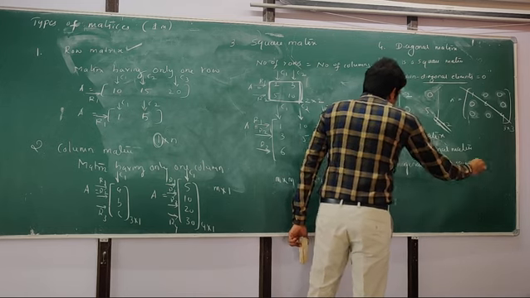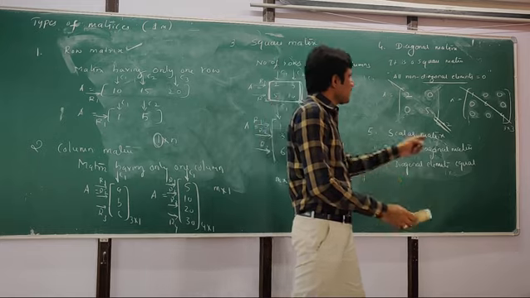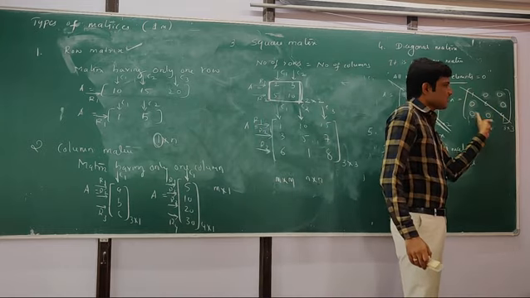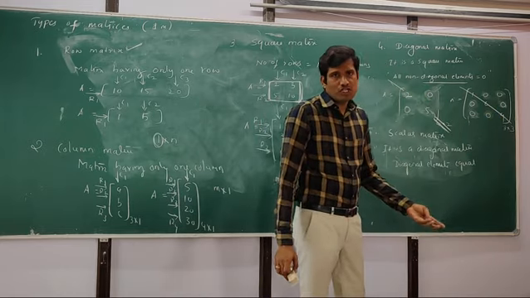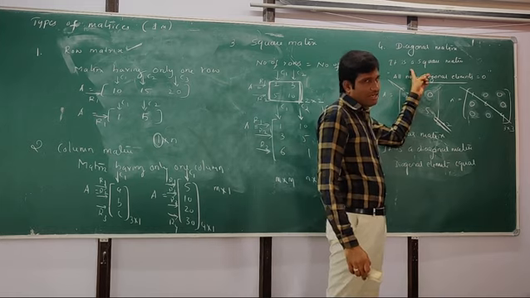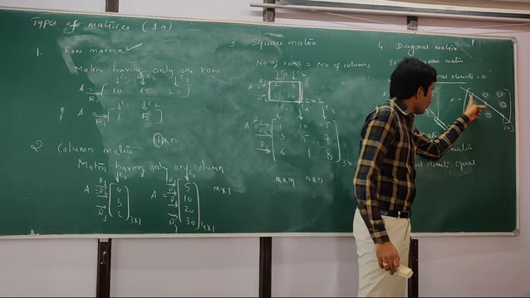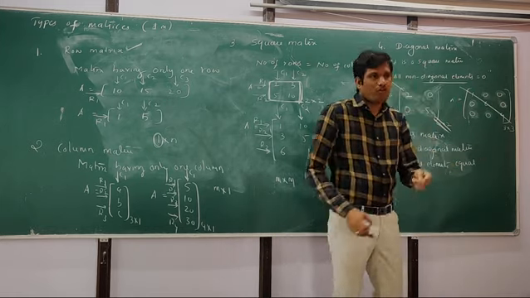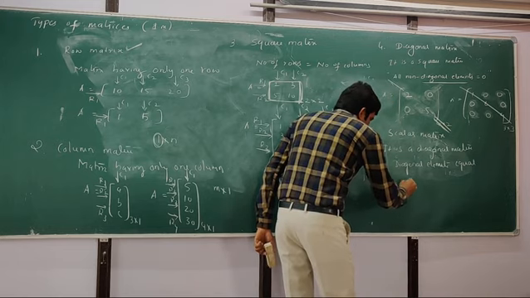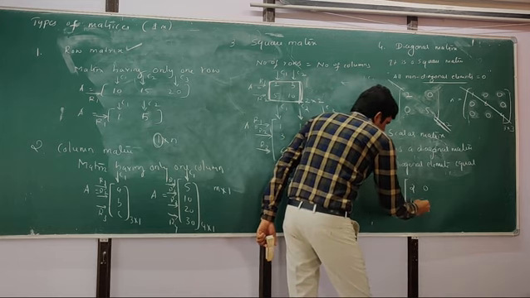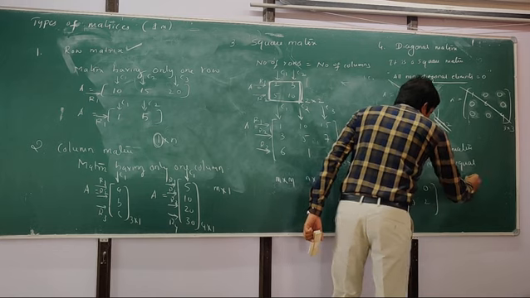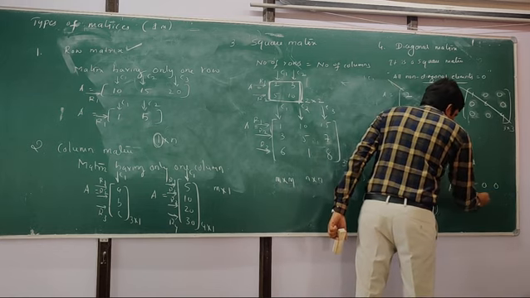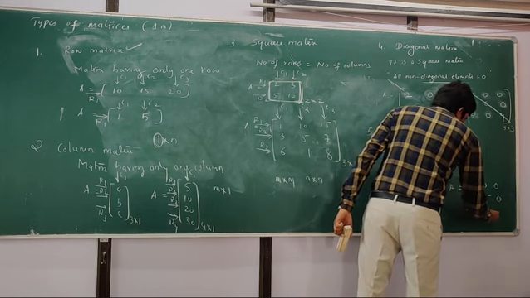Right? So already we know what a diagonal matrix is. A diagonal matrix means that other than these diagonal elements, all remaining elements must be equal to 0. And a scalar matrix is a special type of diagonal matrix where all these diagonal elements must be the same. For example, I will give some examples: 2, 0, 0, 2, or we can write 5, 0, 0, 0, 5, 0, 0, 0, 5.